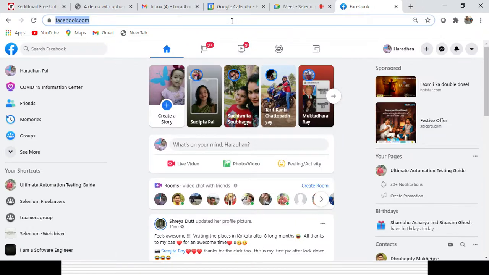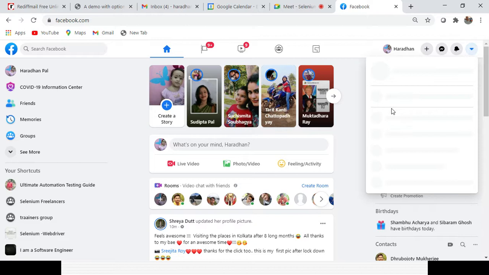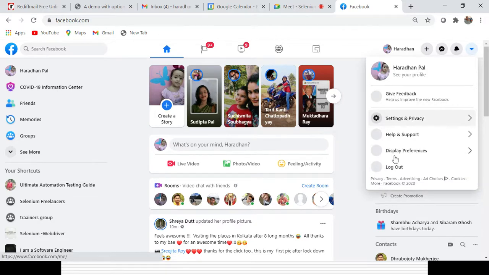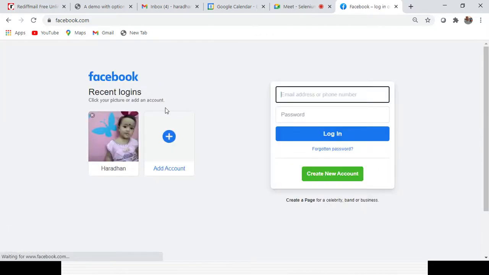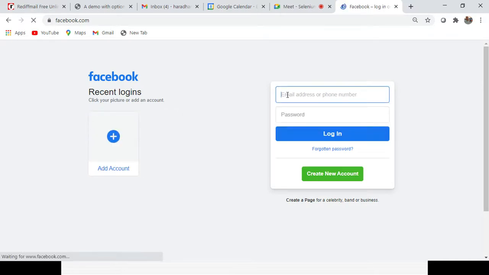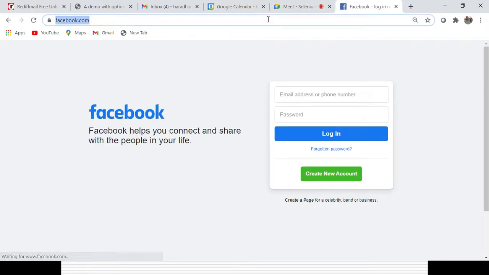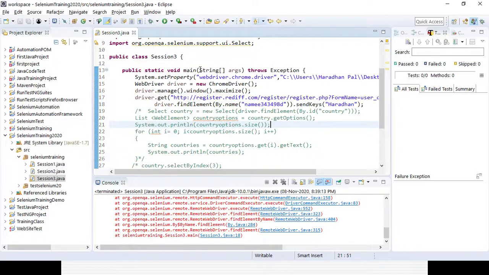So I am changing the URL here. Let me log out. This is the text field. I am entering the URL for the Facebook page here instead of the Rediff page.